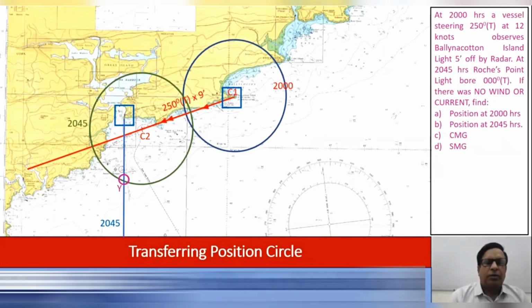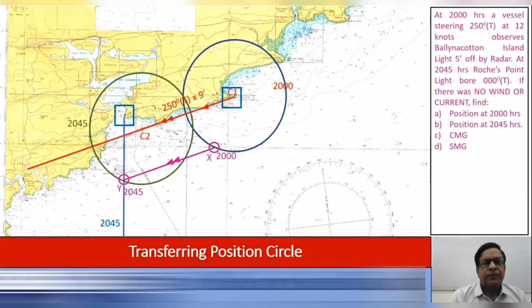Obviously, in reaching position Y, vessel would have made good a course which is represented by C1, C2. So the CMG C1, C2 is transferred through Y and magnitude also is equal to the magnitude of C1, C2. Now where this cuts 2000 hour circle, that is at point X, that becomes the fix at